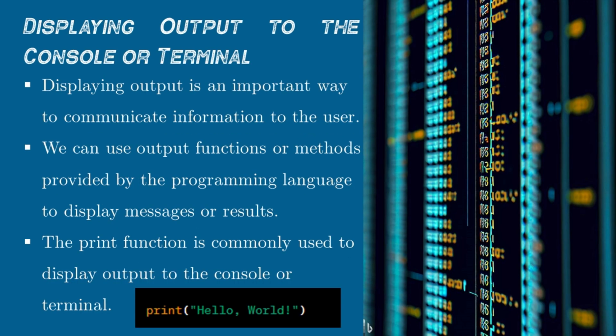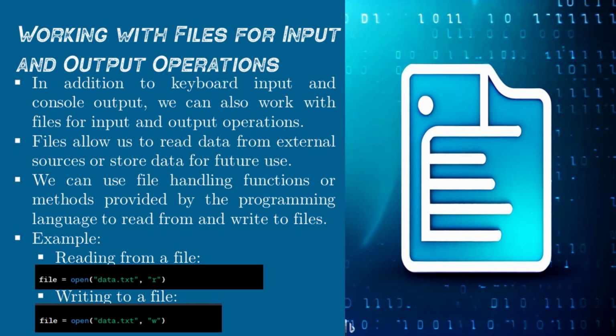Displaying output to the console or terminal. Displaying output is an important way to communicate information to the user. We can use output functions or methods provided by the programming language to display messages or results. The print function is commonly used to display output to the console or terminal. For example, we can use the print function to display the message "Hello World." print("Hello World")